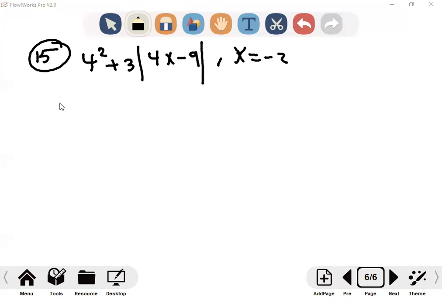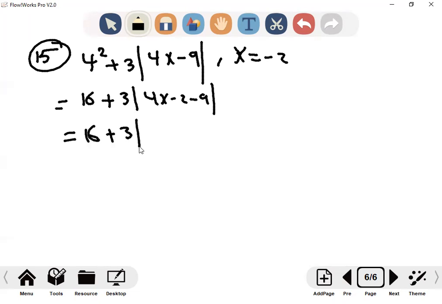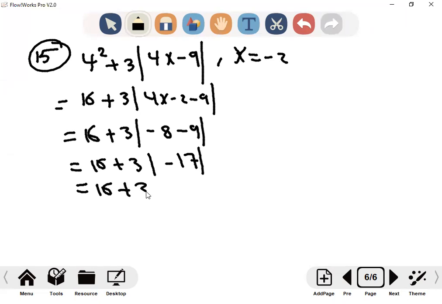So this is equal, this is 16, right? Plus 3 multiplied 4 by -2 minus 9. 16 plus 3 multiplied 4 by -2, -8, negative, right? Equal 16 plus 3 multiply negative absolute value. So it's 16 plus 3 multiply positive 17. Right? Or 17. 16 plus 3 by 17